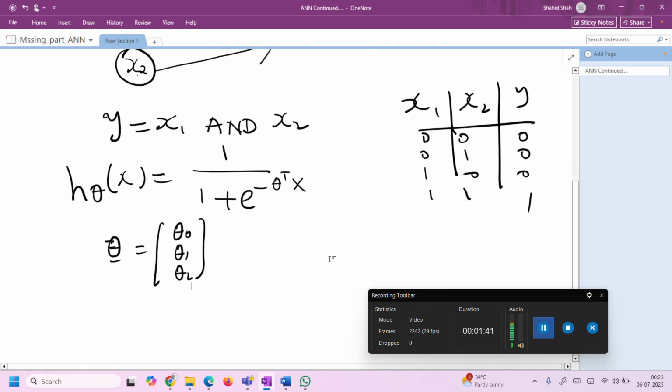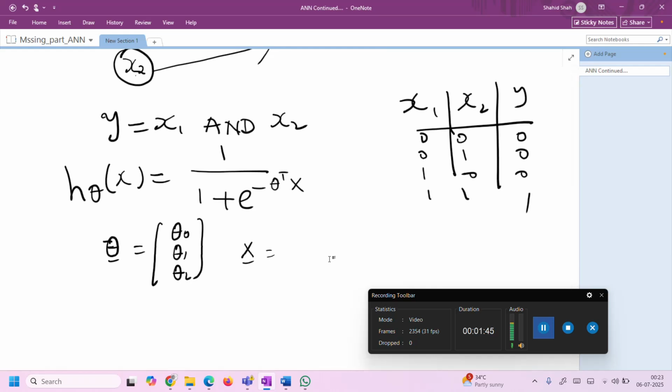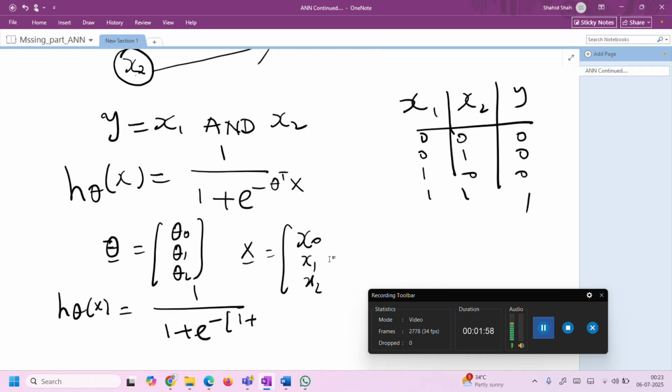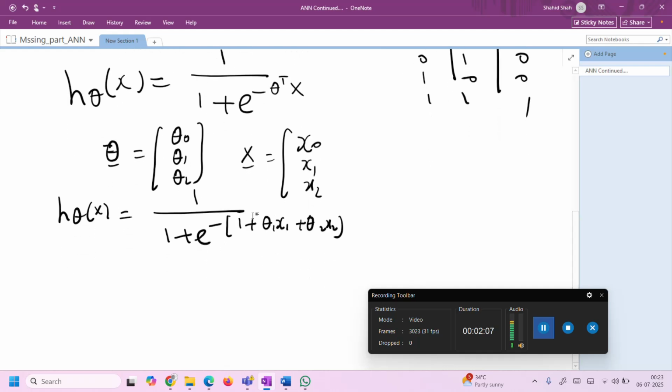And x of course is x0, x1, x2. So h theta of x is 1 divided by 1 plus e to the power minus theta 0 plus theta 1 x1 plus theta 2 x2. So the actual problem is to find these weights theta 1 and theta 2 such that this neural network mimics the